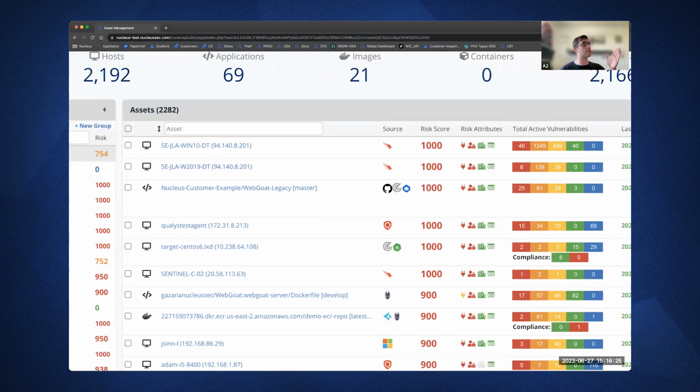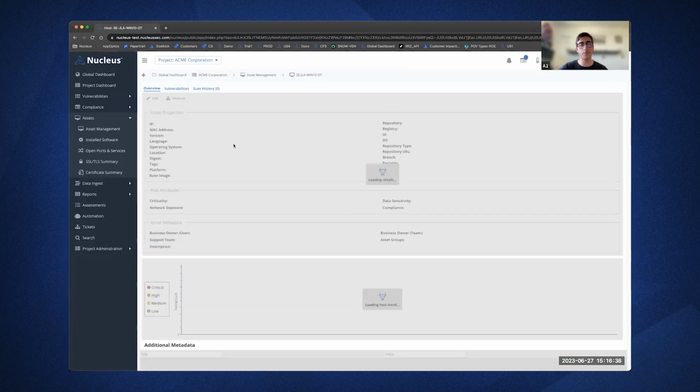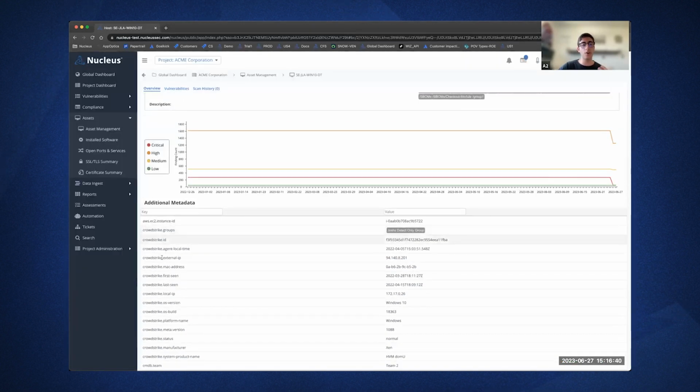So you have assets that are seen by CrowdStrike, Tenable, CMDB, and Qualys. Those are all the same asset. So rather than having 4 separate assets in Nucleus, we correlate them and create a single asset record. And then if we click in on a single asset, and we scroll down, you have all the metadata from